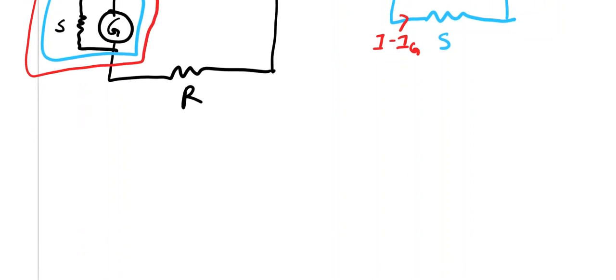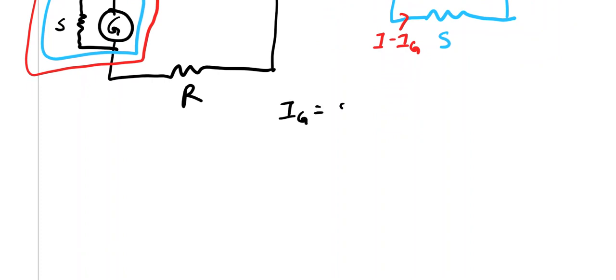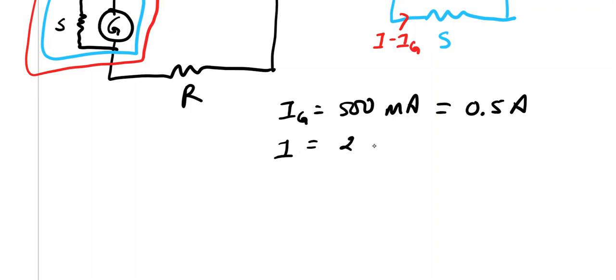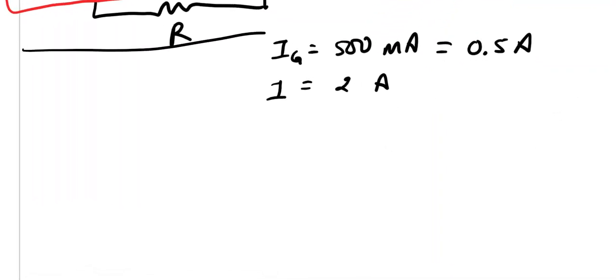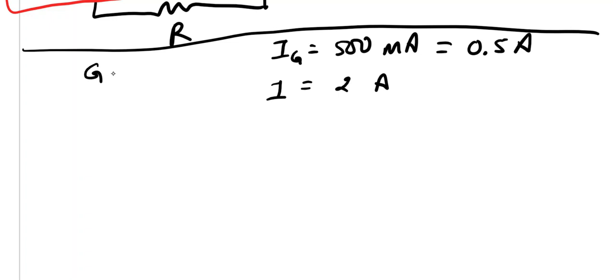Okay, so now suppose I have a galvanometer whose current capacity is say 500 milliampere, or you can say half ampere, 0.5 ampere. And in my circuit, I want to measure 2 ampere current. I know that the current value may be 2 ampere. So what to do? Let the G value be 100. And now I want to find out which value of shunt I should connect.